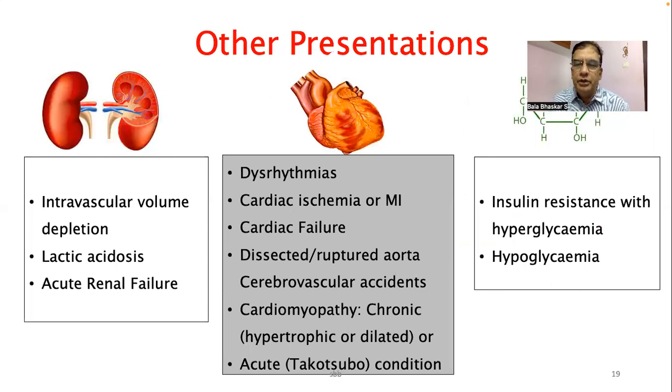Of course, beyond the blood pressure and the heart rate considerations, organs are mainly affected. Of course, central to everything is the heart. The patient can have dysrhythmias, cardiac ischemia, or MI, and may present with cardiac failure. They may present with chronic cardiomyopathy, or with an acute Takotsubo-like condition. And because it is a hyperadrenergic state, glucose metabolism is also affected. The patient can have insulin resistance with hyperglycemia, and there is also a risk of hypoglycemia at the other end when you